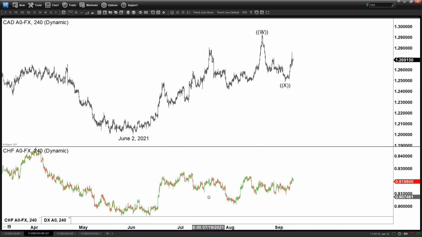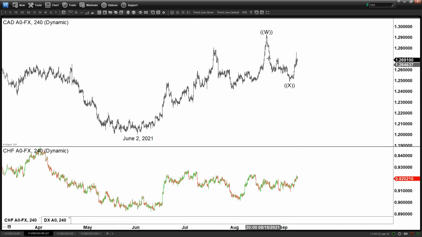Now take a look at this US dollar Swiss, which is another US dollar pair technically speaking, and all of them are related to each other with the dollar index as well. Now you see in the dollar Swiss, it looks like it is about to break above this peak here, August 13, and it's also going to break above this July 2nd. And if it does break above this and above this, that will open up a bullish sequence, a higher high, and